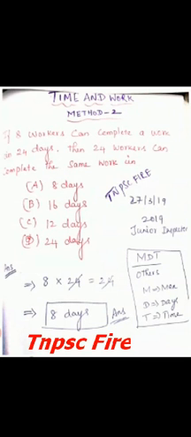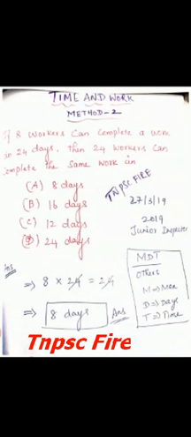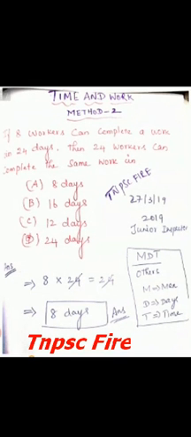Here in this model, the last model you saw, the questions were very easy. I told you some tricks to solve the problem in method 1. Here also I am going to say some tricks for you, so it is easy to solve the problems. This is time and work method 2. Now we are going to solve the problems one by one.